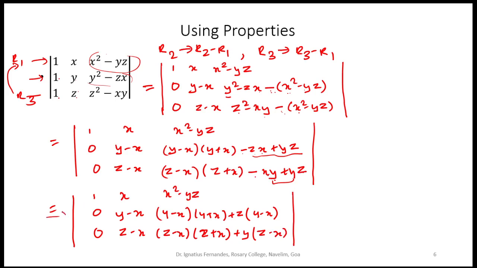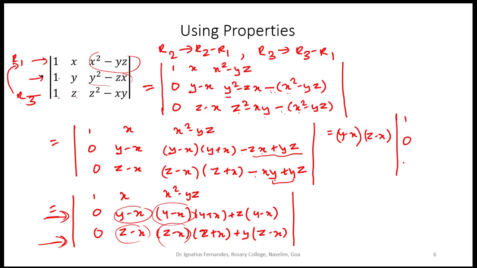Now you'll see that in the second row and the third row y minus x is common, so you can say that y minus x is common in this row, and z minus x is common in this row. Okay, so what I'll do is I'll take y minus x common, I'll take z minus x common. What remains inside is 1 0 0, x 1 1, and I have x square minus yz, and here I have y plus z, okay, y plus x, this is what remains, so y plus x plus z here,